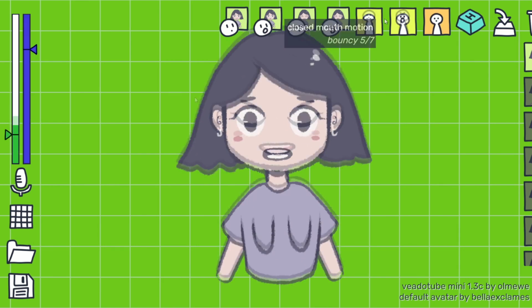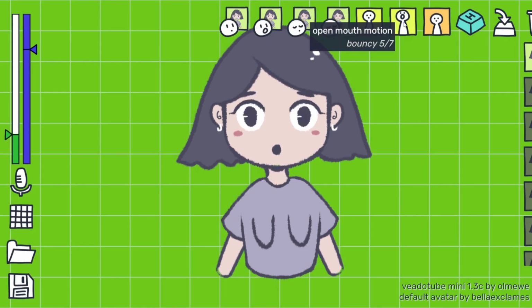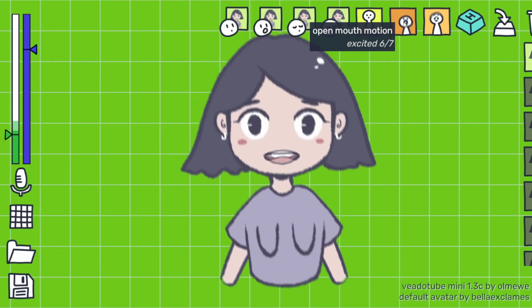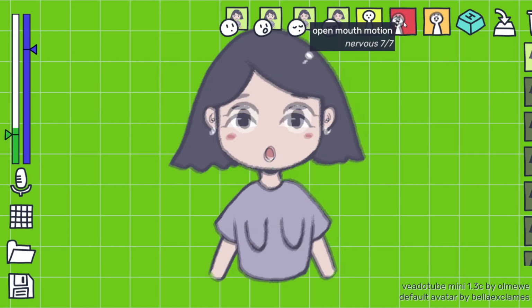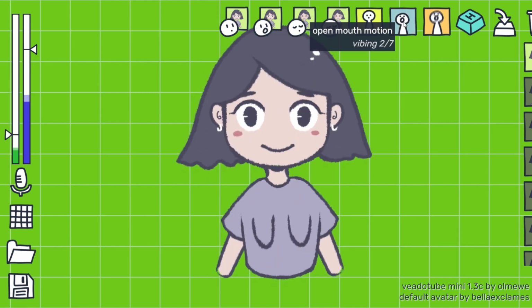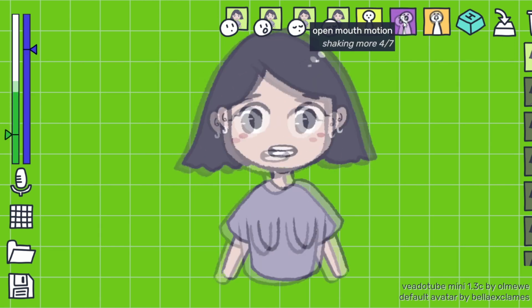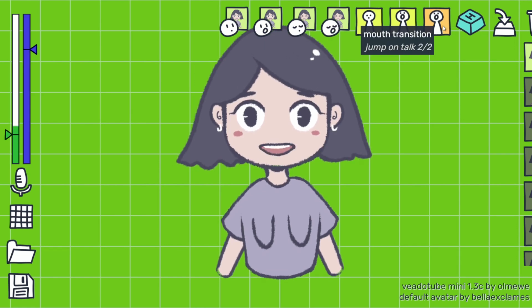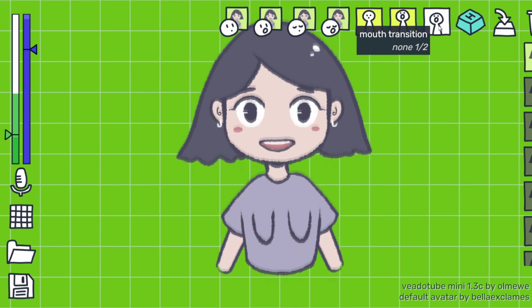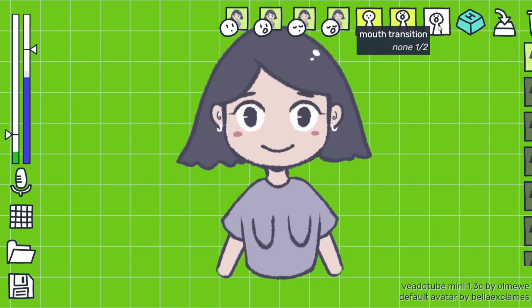So I keep it at bouncy because she's just idling. And this is for when she is talking. You can make her bounce and whatnot. You can play with all of this yourself. These are quite fun. I think these are really good elements to add to the VTuber to give it better motion. And finally, we have mouth transition for whether you want her to jump when she's talking or not.